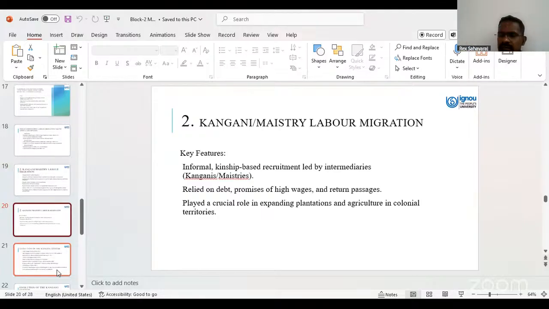So, what is the system of Kangani or mainstream labor migration? It is informal, kinship-based recruitment led by intermediaries. That means I go as a father, my son or daughter will come back, and my relatives will come. It relied on debt, promises of high wages, and return passages. So they will give 1 lakh or 2 lakh to your family before you go. Based on the debt, you go and work. And if you do not pay, they take your son and everyone. It's a bonded labor system, like bonded labor, and played a crucial role in expanding plantation and agriculture in